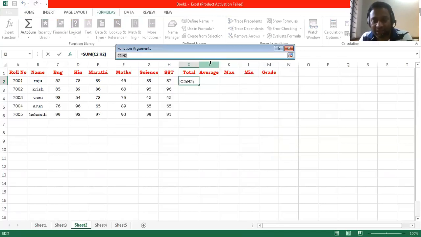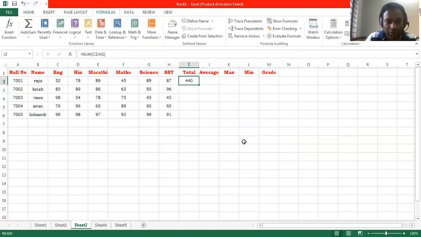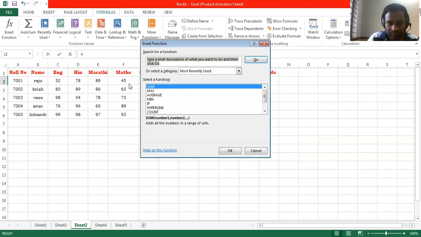And here click on the number one cell, erase those cell addresses, and select the cells you want to add. So here I have selected from English to SST, press enter, then click OK. Then automatically the total is displayed, and drag down with the help of the fill handle, then automatically the total is displayed. And in the same way for average also, you can click on the insert function icon, then the insert function